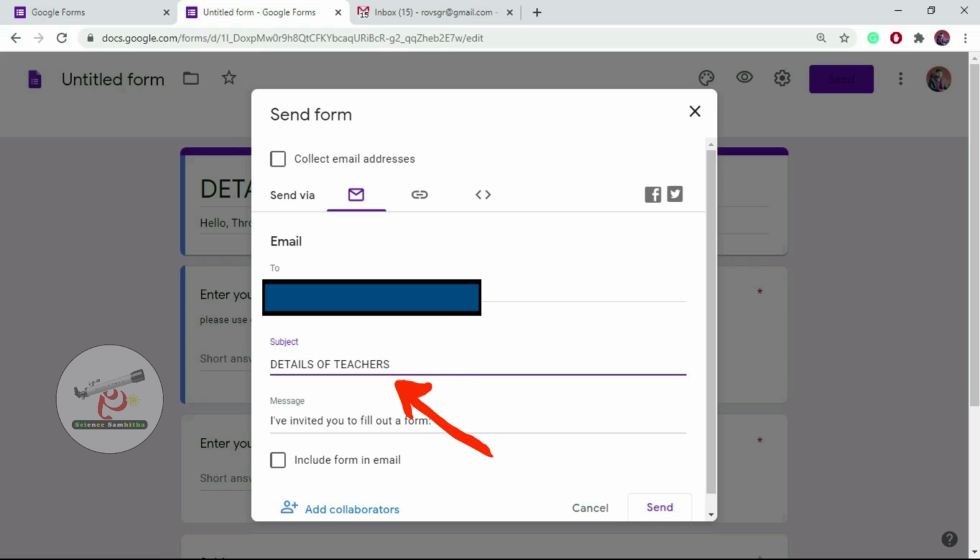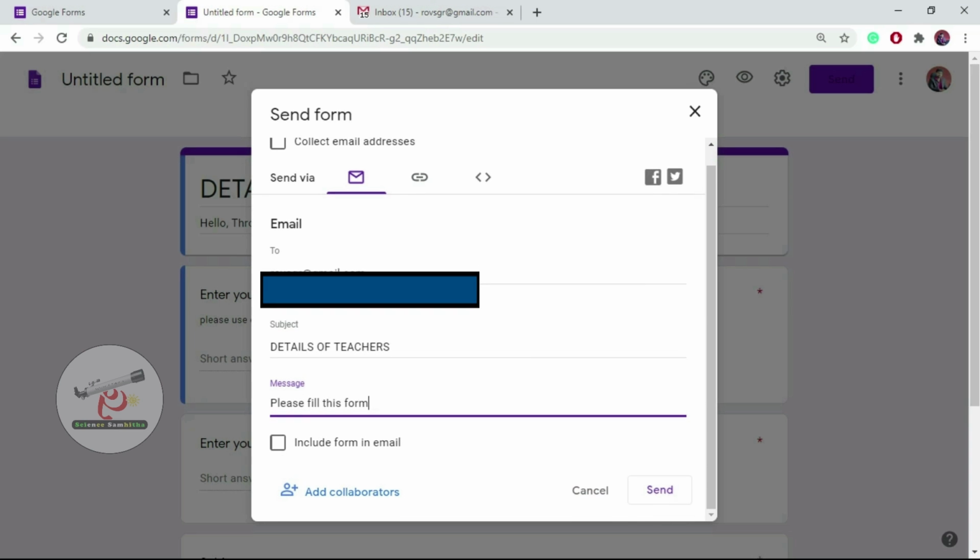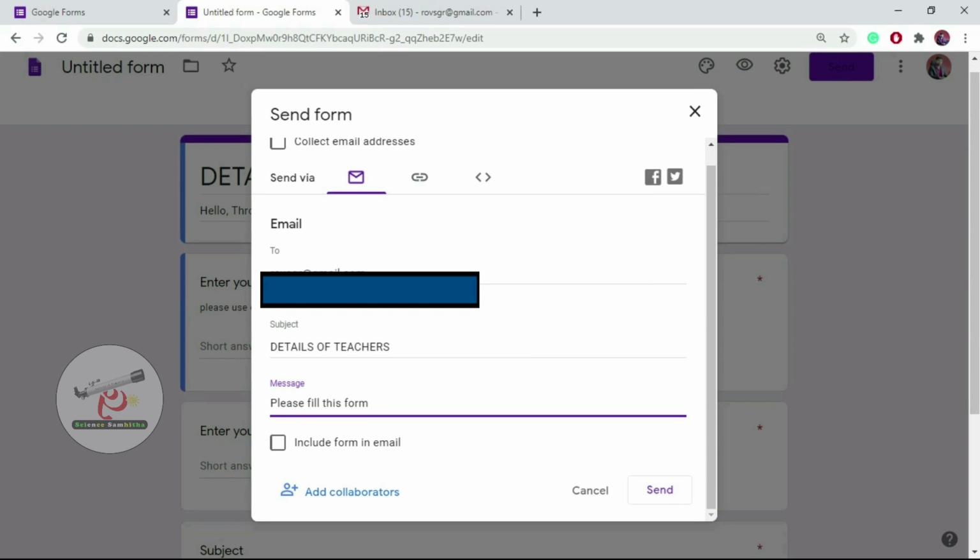If you want, you can change it. This message you can also change, or you can write something like, please fill this form. Okay, that's all. Then you can click on send.